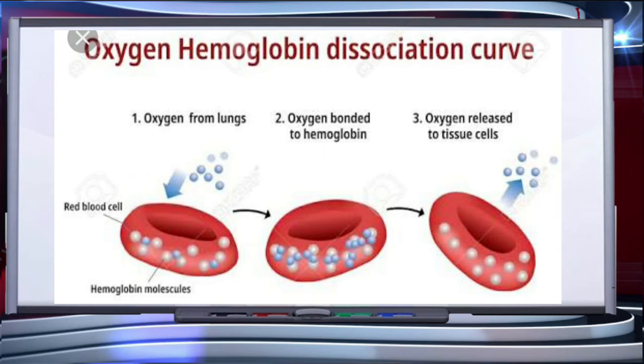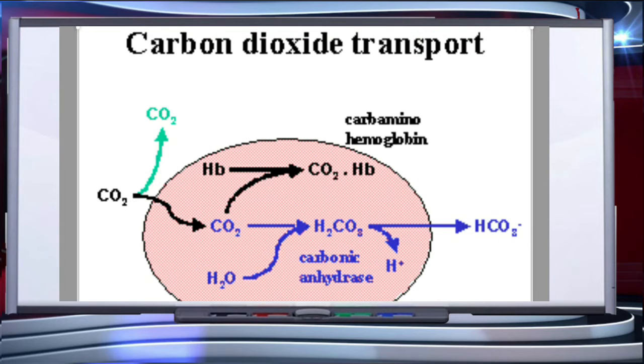Every 100 ml of oxygenated blood can deliver around 5 milliliter of oxygen gas to the tissues under normal physiological conditions. Now let's understand transport of carbon dioxide. Carbon dioxide is carried by hemoglobin as carbaminohemoglobin, about 20 to 25%. This binding is related to the partial pressure of carbon dioxide. Partial pressure of oxygen is a major factor which could affect this binding.